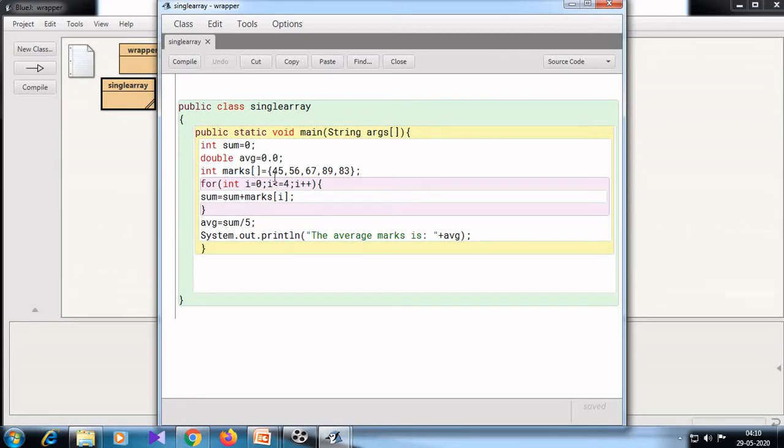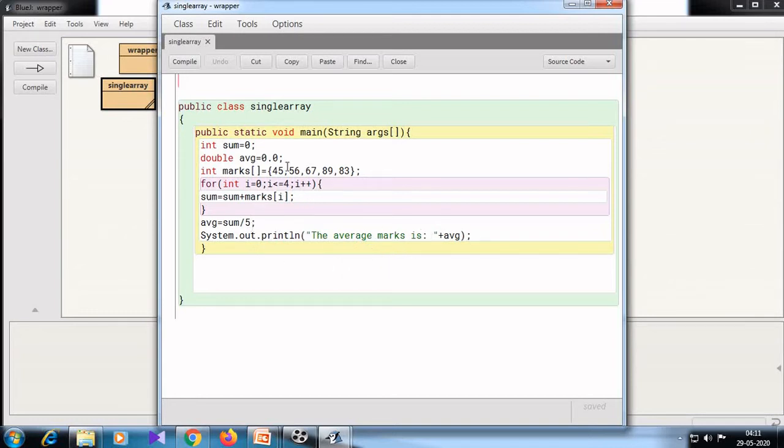I have declared one array of marks which contains 5 marks: 45, 56, 67, 89 and 83. Next we calculate the sum. I have already used a for loop. After the end of this for loop we calculate the average of the 5 marks, then we print these things.